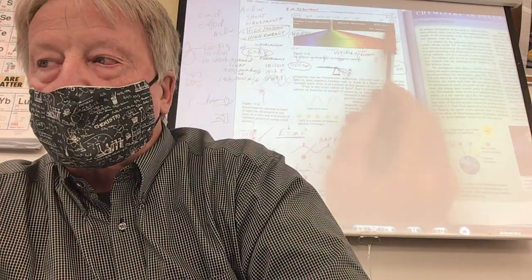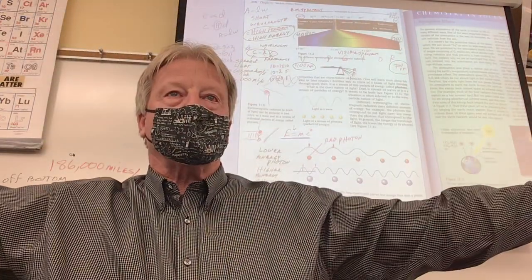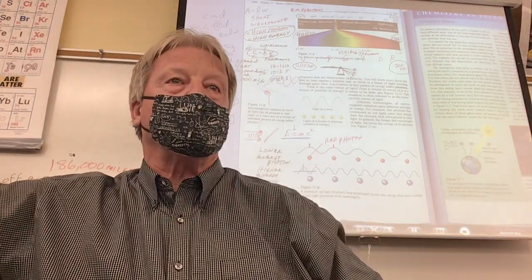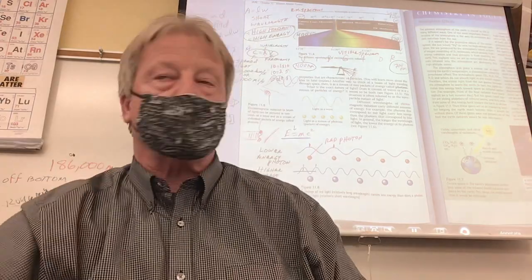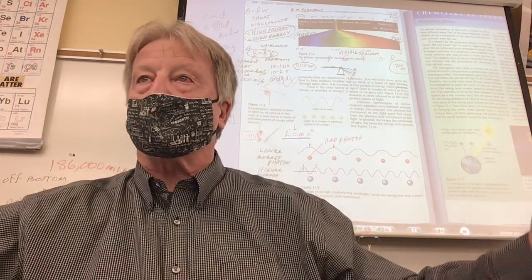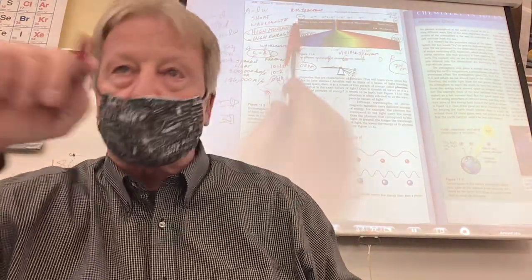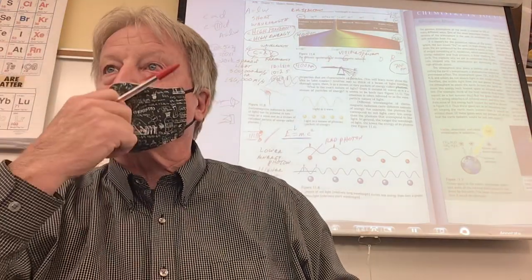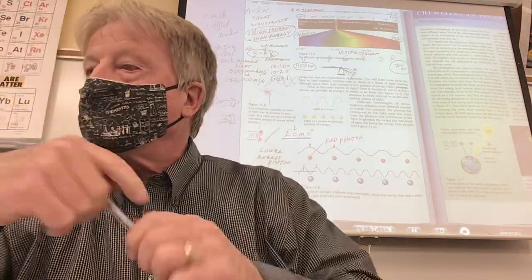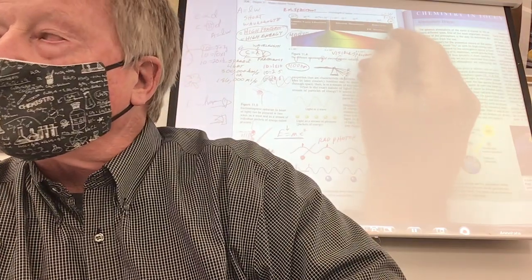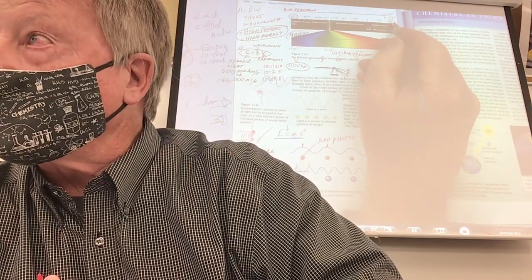Got it? So the speed of light is equal to the wavelength of the light times the frequency. And if you take a look at this, here's what I want you to remember. If you had a really, really long wavelength, how often would a wave come by per second? Not very often, because it's so long. What if you had a really tiny wavelength? Then the frequency of the wave would be high, wouldn't it? So these have long wavelengths, but low frequencies.